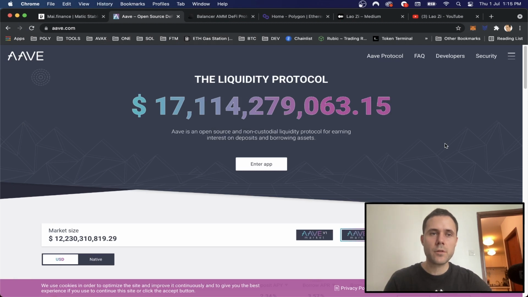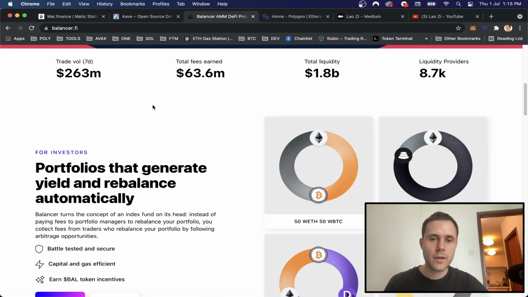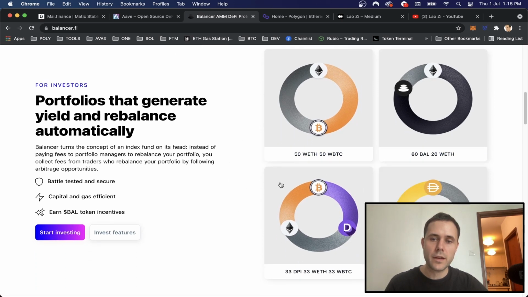Some of their partnerships include a big partnership with AAVE. AAVE is another lending platform which originally came from Ethereum, but it's now operating on Polygon for several months now. We'll also talk about how these two platforms interact later in the video. Another platform is also Balancer, which is also a well-established platform on Ethereum, which is now operating on Polygon. This platform lets you stake multiple tokens in a liquidity pool, but we'll go over these things in detail later, or you can check some of my previous videos.